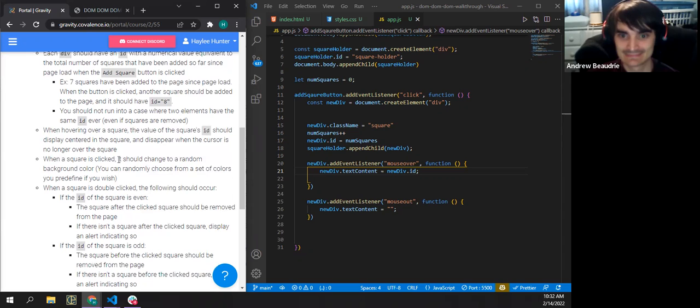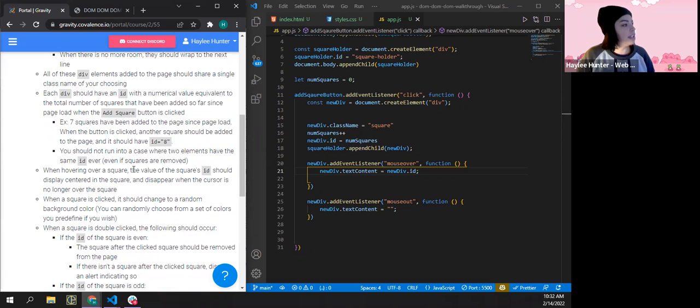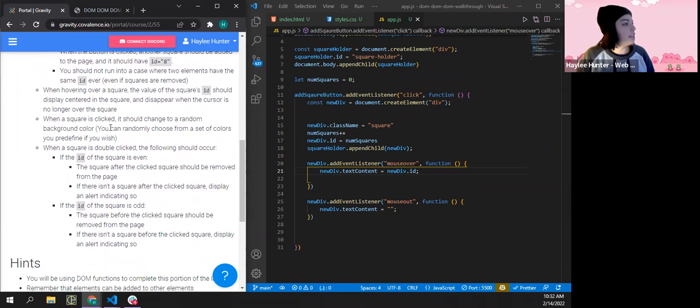So basically, we've created the events for when your mouse goes into your square and exits the square, and it displays the current ID. So what's the next thing it wants us to do? It wants us to create a function so that every time the square is clicked, it changes to a